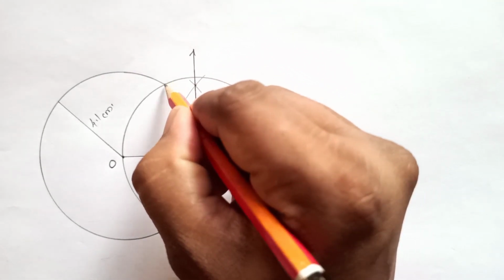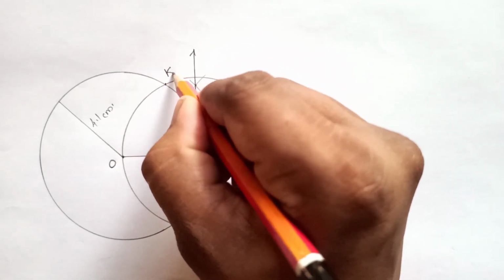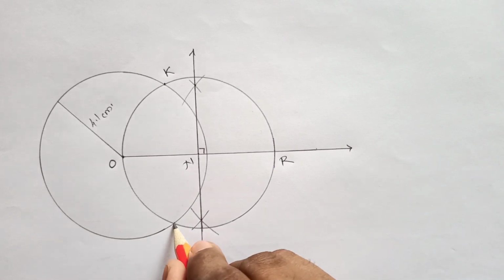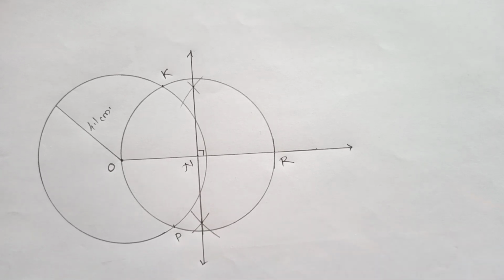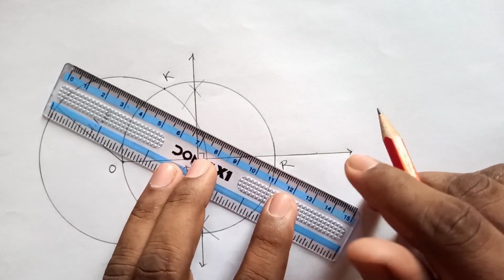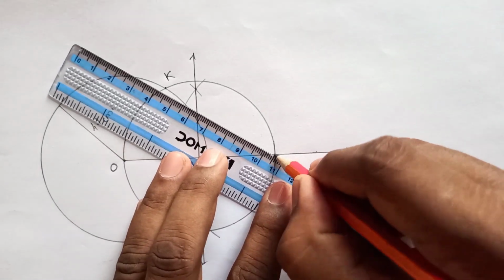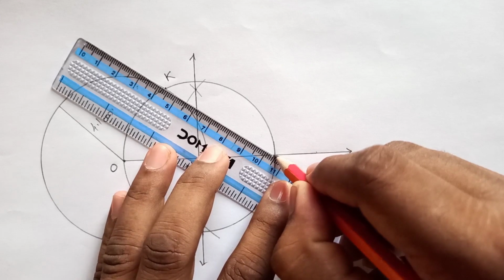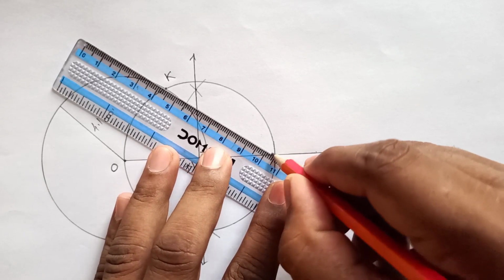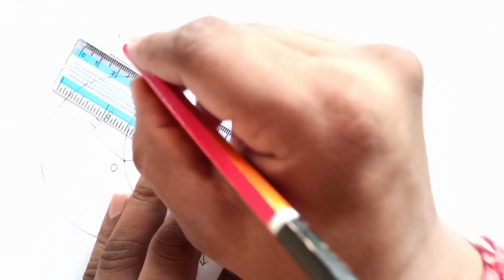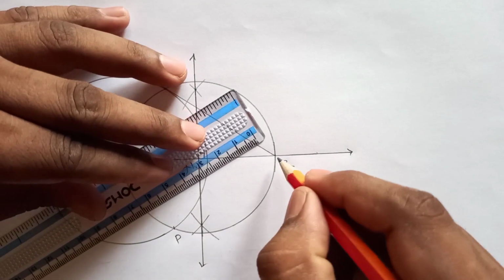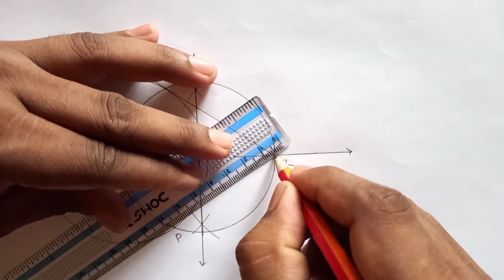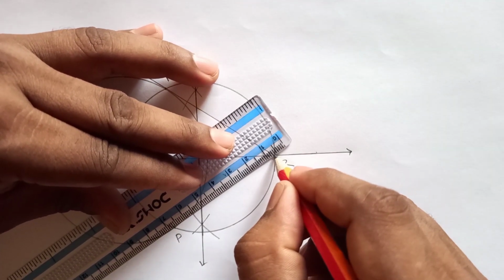This second circle will intersect the first circle at 2 points. So this is the first one. Okay, so give any name to this point, and the second point is suppose P. Okay, so let's draw the tangent to the circle from the exterior point, and the exterior point is R. So from this point R we can construct the first tangent like this. So this is the first tangent. Now the second tangent is here, from this point R to the point P.